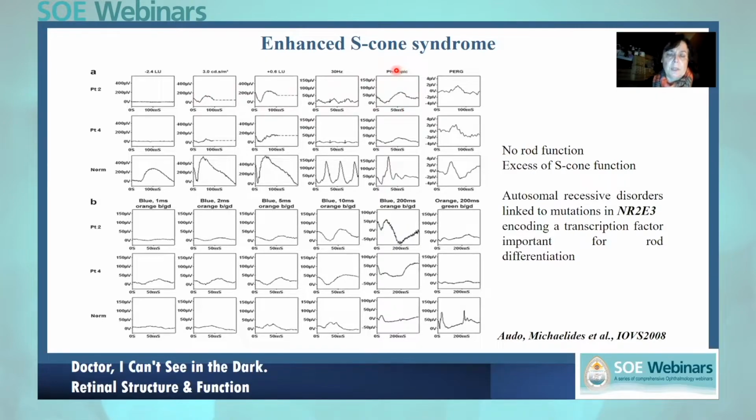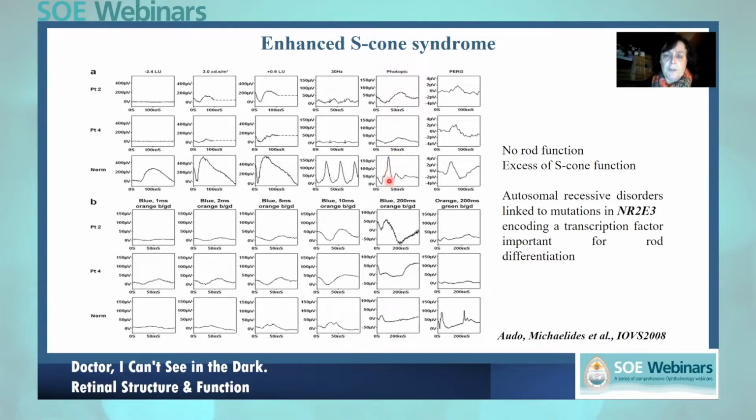What is happening is that the scotopic responses are dominated by cone responses, but these cone responses are abnormal. You can see this with a very deep a-wave and slow b-wave compared to the normal response to